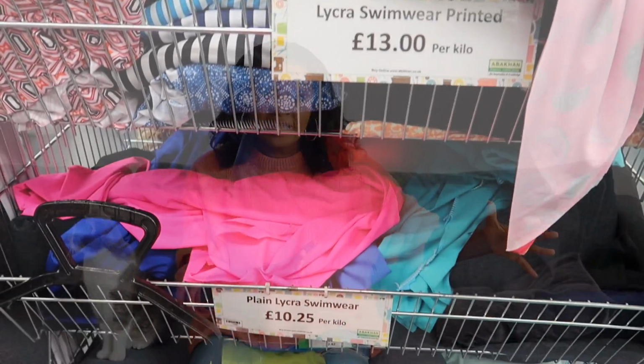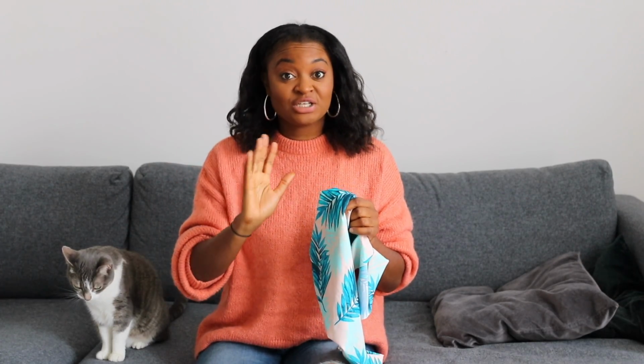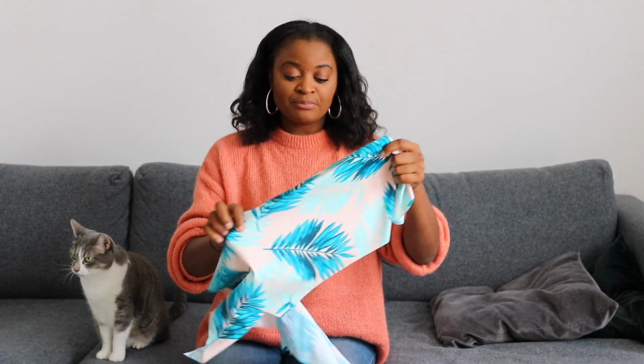Then I went a little bit mad in the swimwear section because they had plain lycra and plain swimwears, and then they had all the printed stuff. So first of all, I picked up this. Now this I'm only showing you in a scrap because I've already started cutting, and you'll see the tutorial for that soon. But this